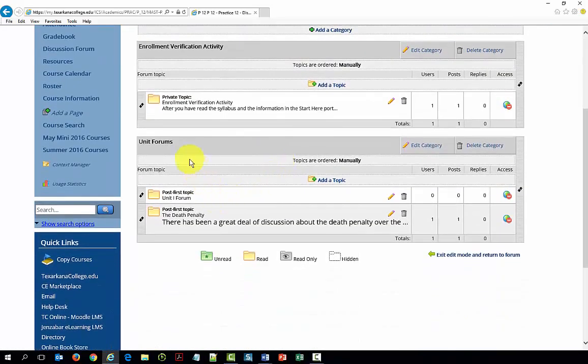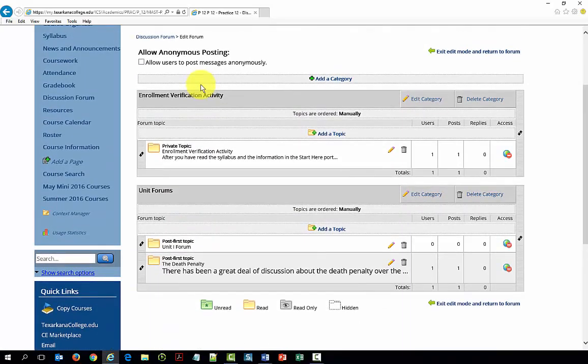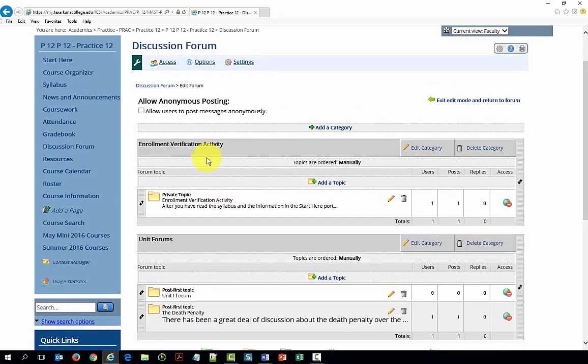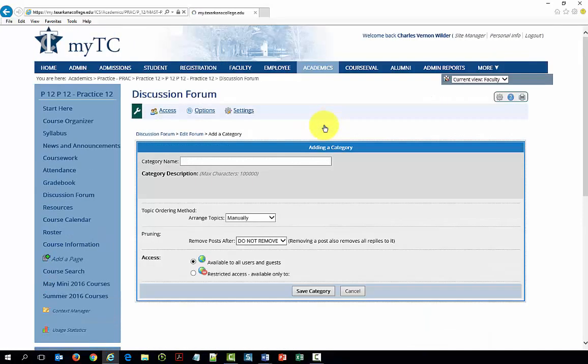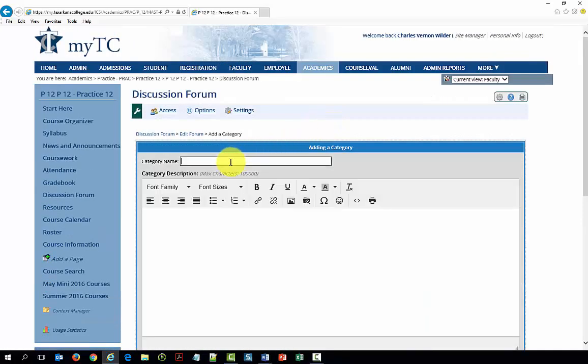And then we're going to create another category. Here we have our enrollment verification activity category, and then here's where we discuss how to put a forum in that you are going to grade. So let's add a category, and let's call that category